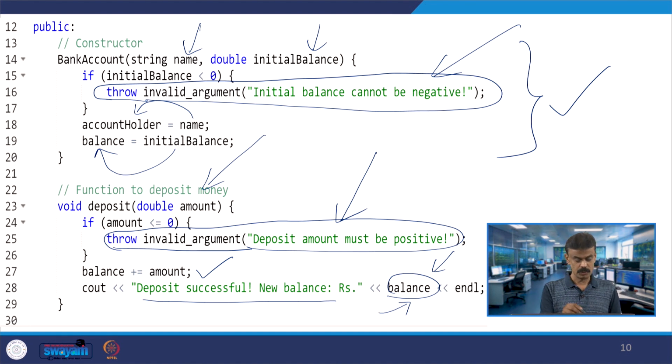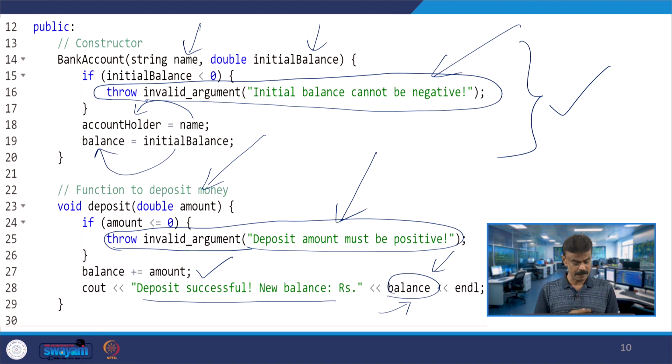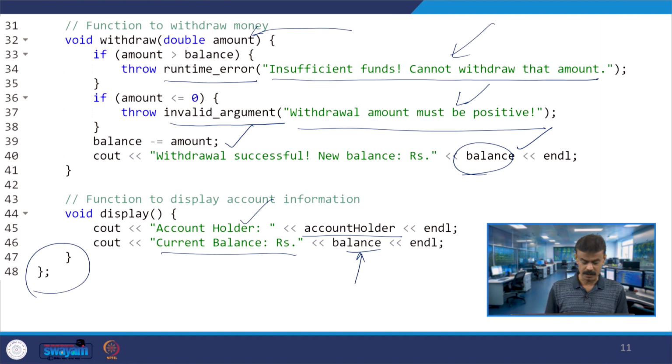The initial balance is greater than 0, so it comes here, the account holder is now Pradeep and the balance is 1000. Then the account object invokes the display member function: account holder Pradeep and current balance rupees 1000.